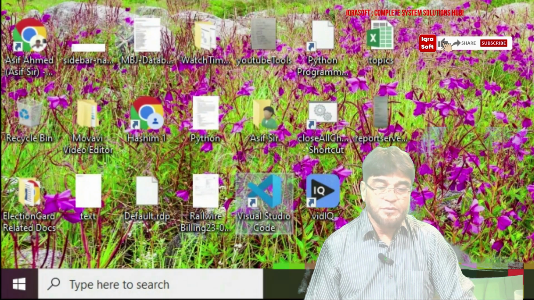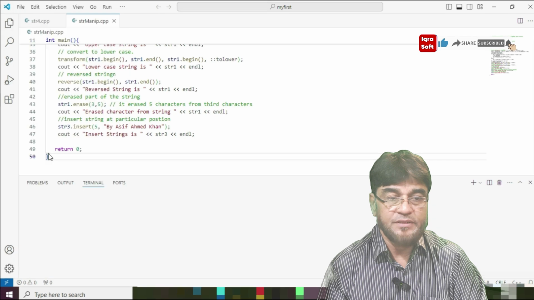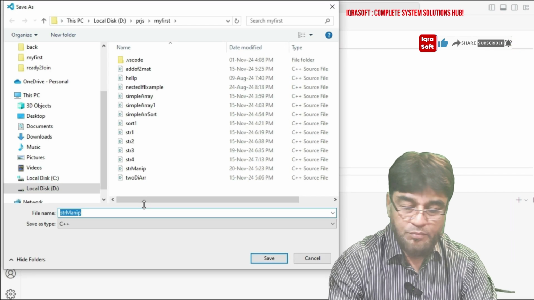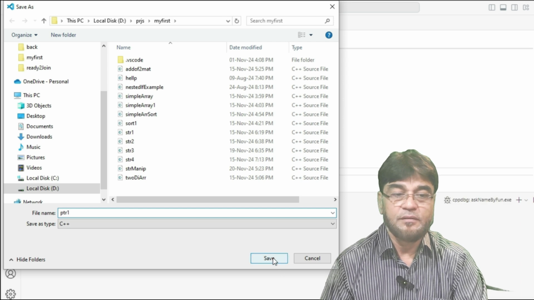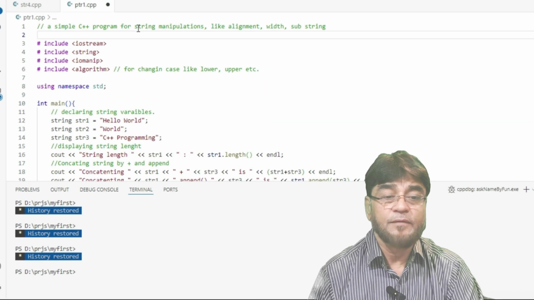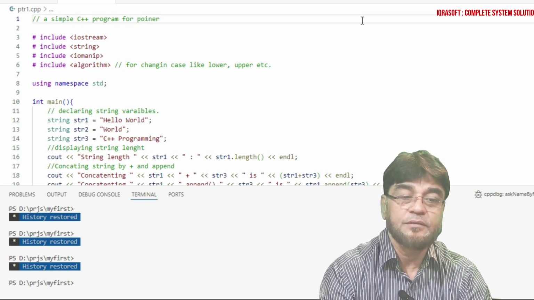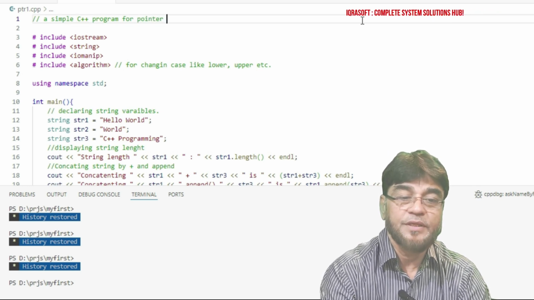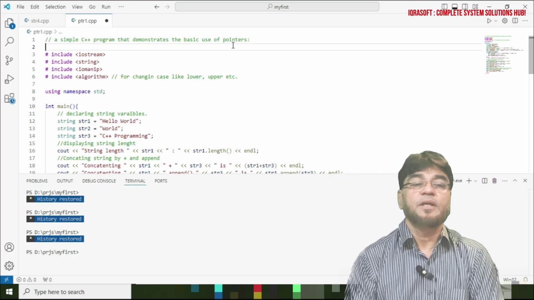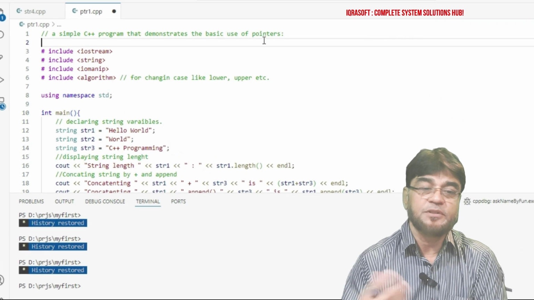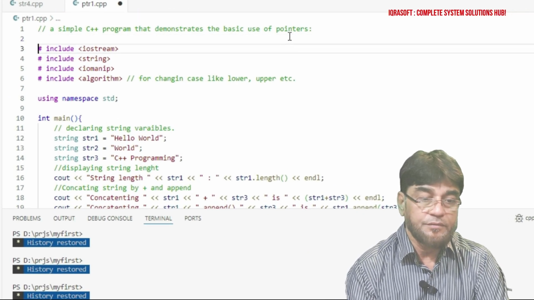Start Visual Studio Code. File, save as pointer example1, right? A simple C++ program for pointers, basic operations. A simple C++ program that demonstrates the basic use of pointers. So we have to